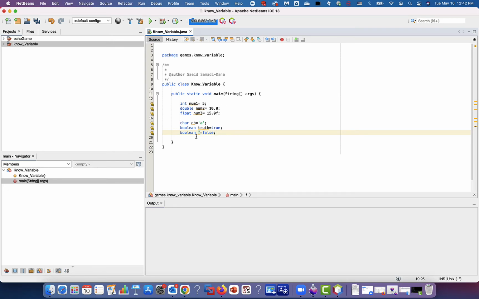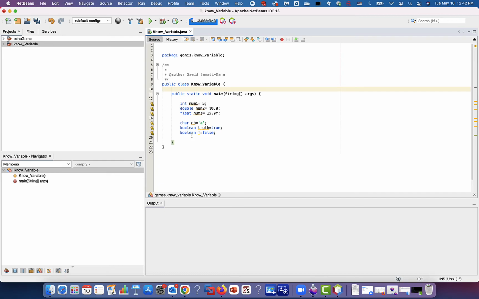As you see here, these words are all in a blue color. That means that they are reserved keywords. So you cannot create a variable that has the name false or true or boolean or char or float or something else. I'm using the default theme of Apache NetBeans IDE. If you use another theme, the colors for the reserved keywords might be different. But in general, we cannot use